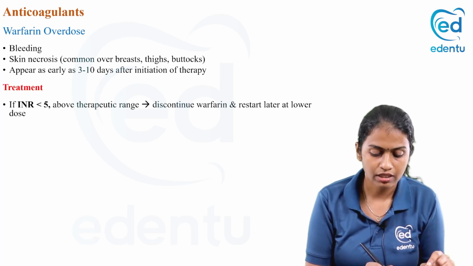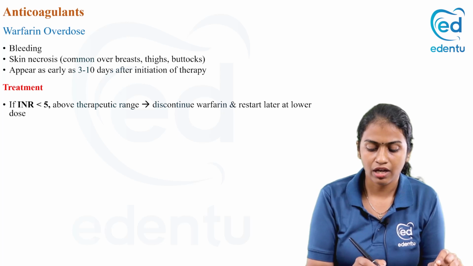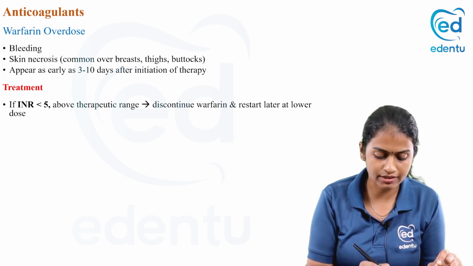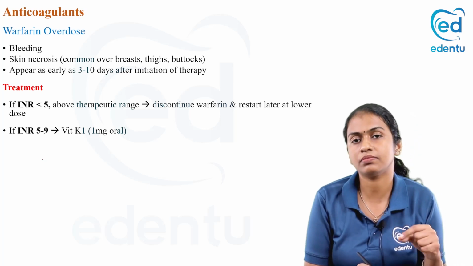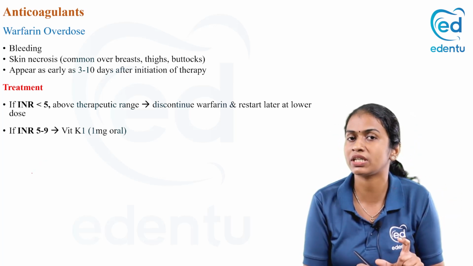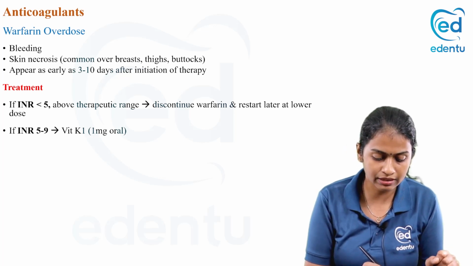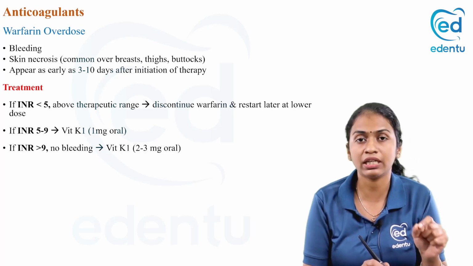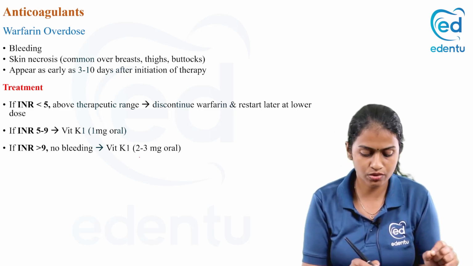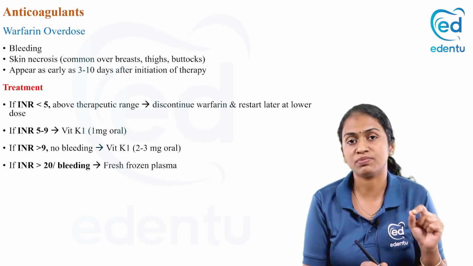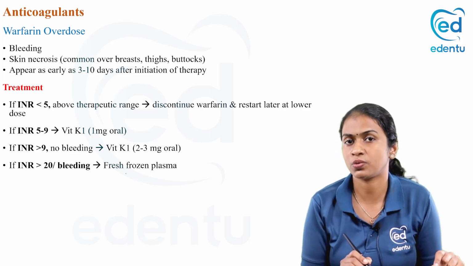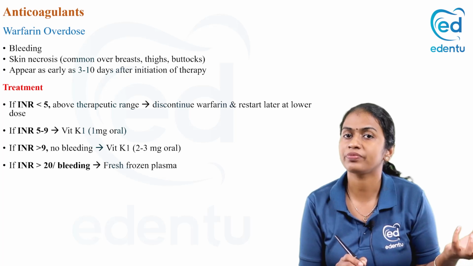How will you treat? If INR is less than 5 above the therapeutic range, you stop warfarin and restart later at lower doses. But if it is more than 5, in the range of 5 to 9, you have to give the specific antidote, that is vitamin K1, 1 milligram. If it is in the range of more than 9 but there is no bleeding, you give vitamin K1 itself, higher dose, that is 2 to 3 milligram oral. If it is more than 20 or there is bleeding, you have to give fresh frozen plasma to supplement the